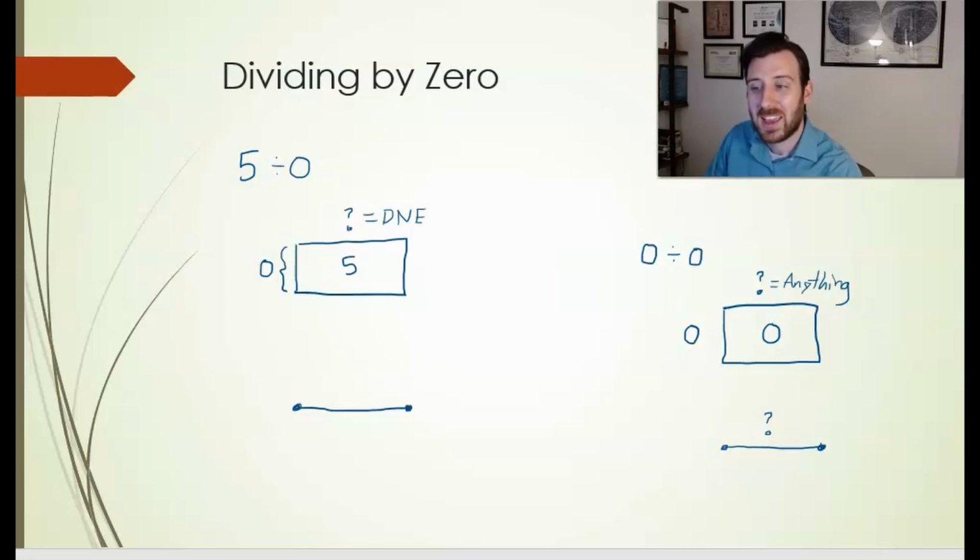Well, if it can be anything, and we're being asked to pin down a specific number, then we will say instead that this is undefined. So undefined does not mean that it can't work. In fact, it just means that it works for too many possible answers, so it's impossible for us to pin down the correct